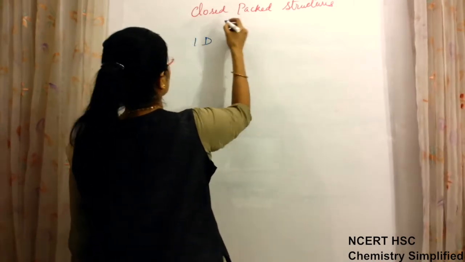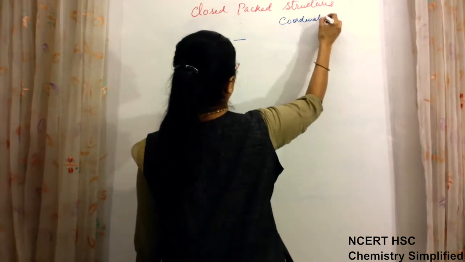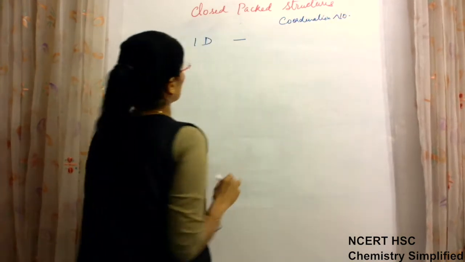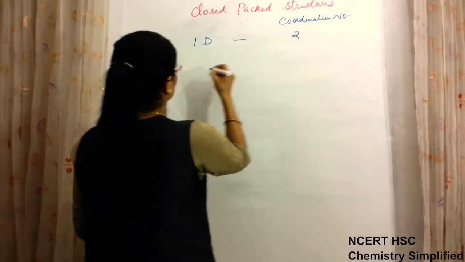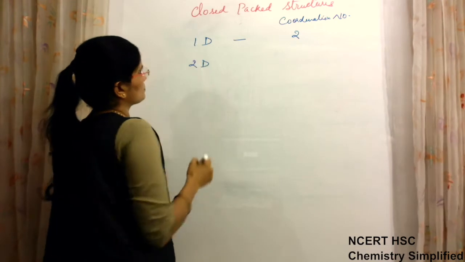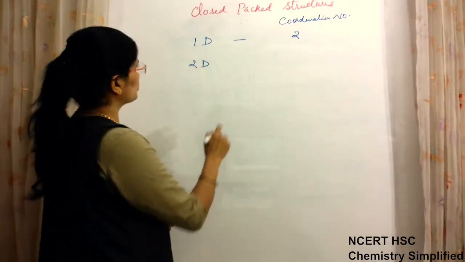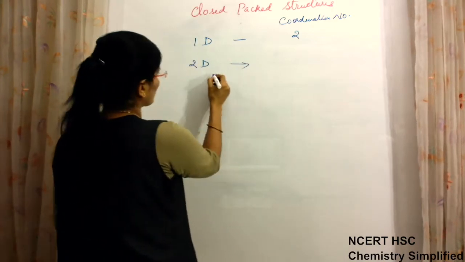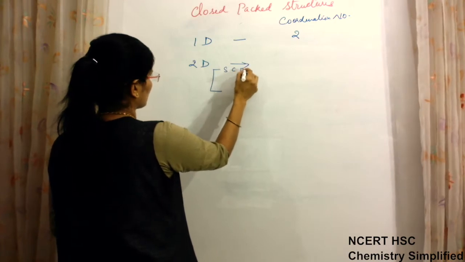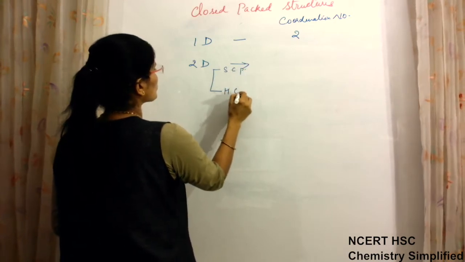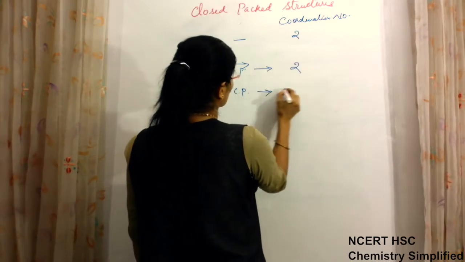coordination number. So it is coordination number we are writing actually. Okay, one dimension close packing was there, so the coordination number was 2. When two dimensional close packing was there, in two dimension close packing, two types of close packing were there. One was square close packing, and one was hexagonal close packing. So it was having coordination number 4, this was having coordination number 6.